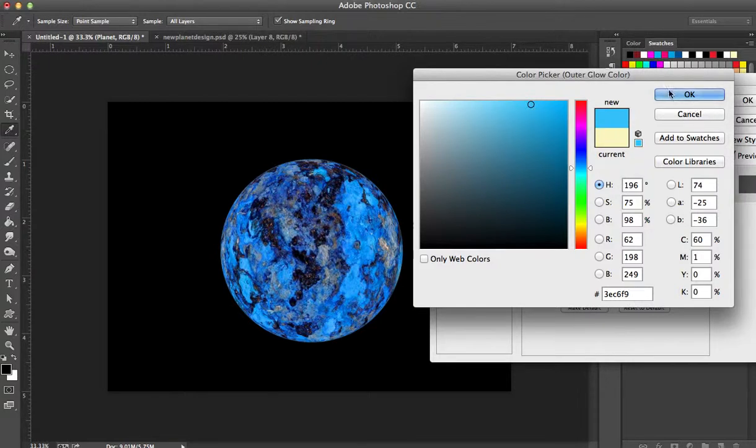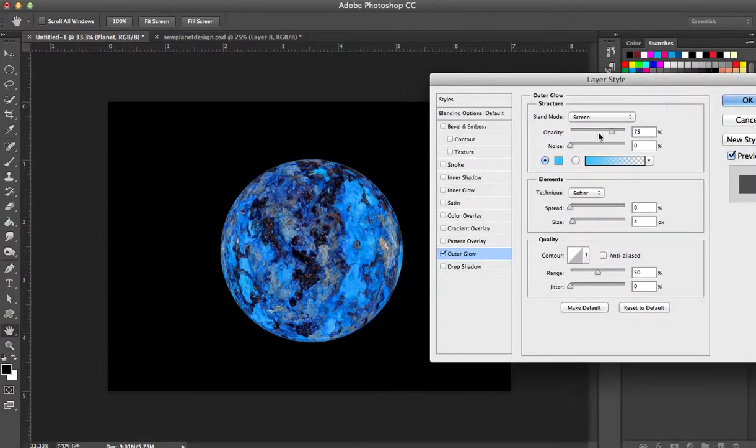Again, it's just a different shade of blue. So there we go. Now, screen is selected, our opacity is there. Let's just leave it at 75, that's cool. Now with this, you can move it in and out, the size of the